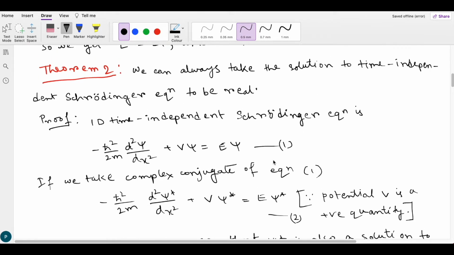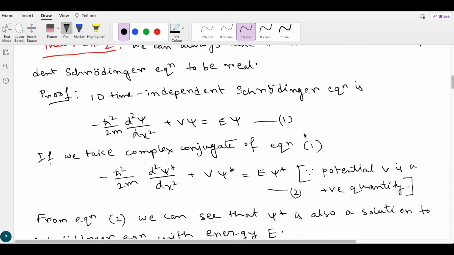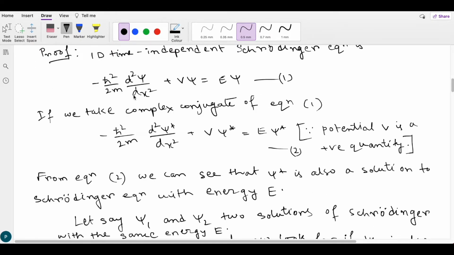Let's move on to the second theorem. We can always take the solution to the time independent Schrodinger equation to be real. Actually the wave function can be complex, but we can always choose a real wave function with the same energy. Let's see how we can do that. The 1D time independent Schrodinger equation is minus h cut squared by 2m d2 psi by dx squared plus V psi equals E psi. We can take the complex conjugate of equation 1